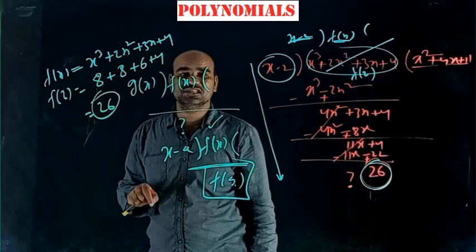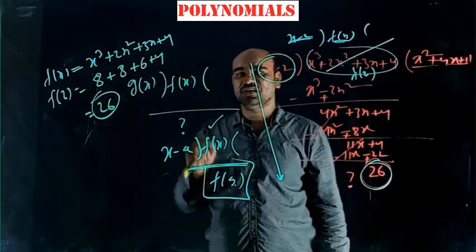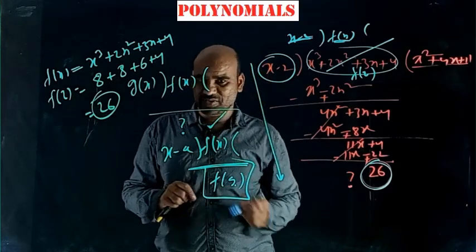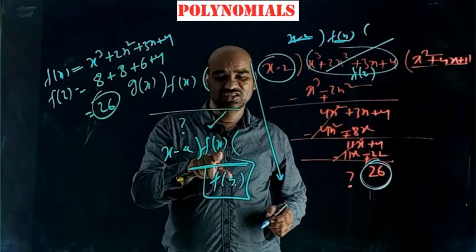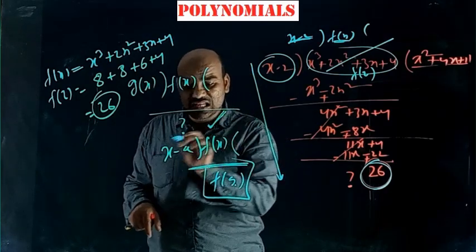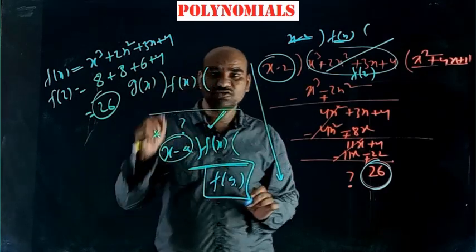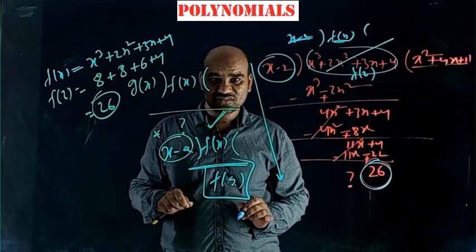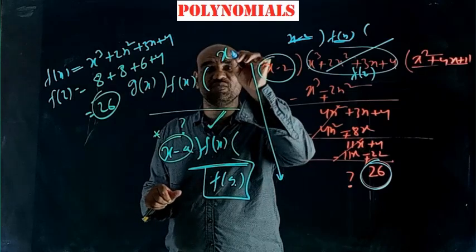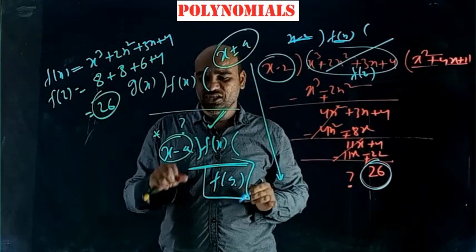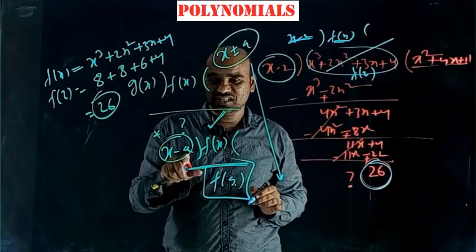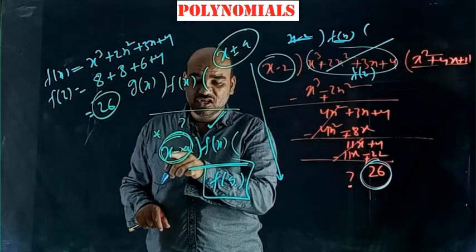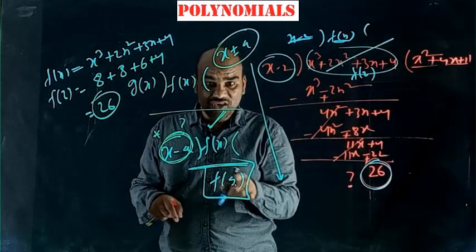This is an important theorem to find the remainder. Once again, listen. F of x is a polynomial in x. If this polynomial is divided by a linear polynomial, that is the condition to use the remainder theorem: your divisor should be linear, of the form x minus a. If the divisor is x minus a, directly the remainder is f of the value where x minus a is 0, which is a only. F of a is the remainder.